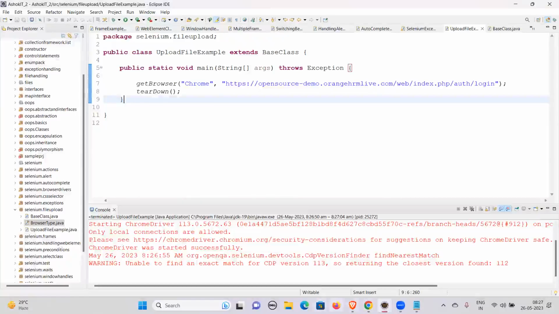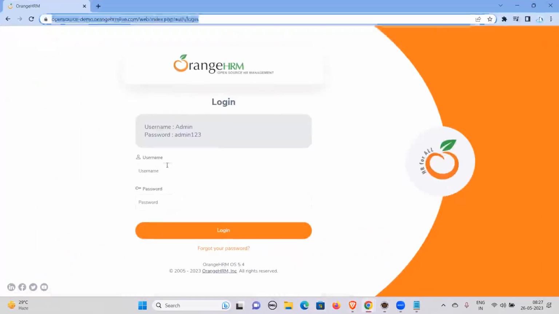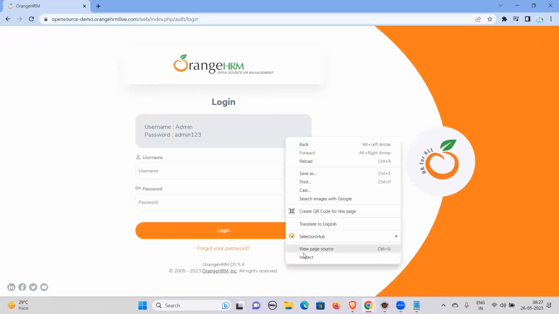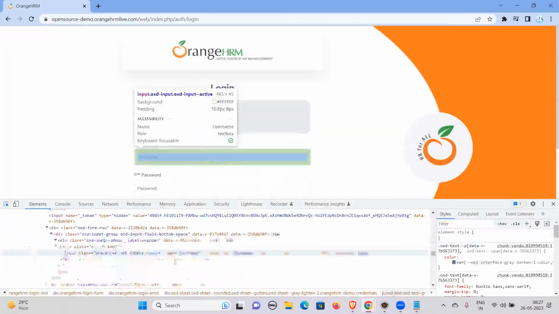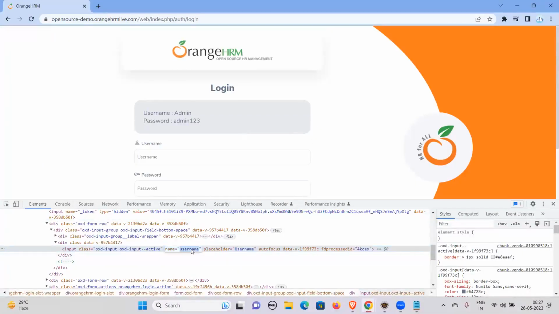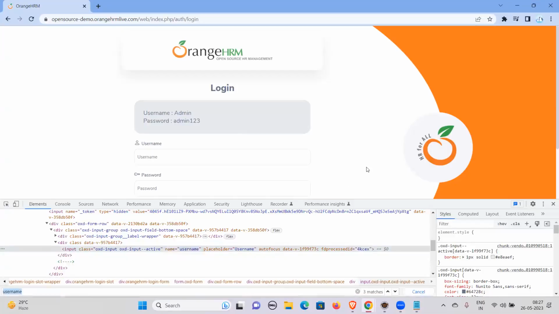But what are the actions that we have to perform here? We need to enter data into this. Okay. So how do we identify? Inspect this element, and you have to enter username here. So how do we identify this element? Control F, input, and what we have is name. Name is equals to